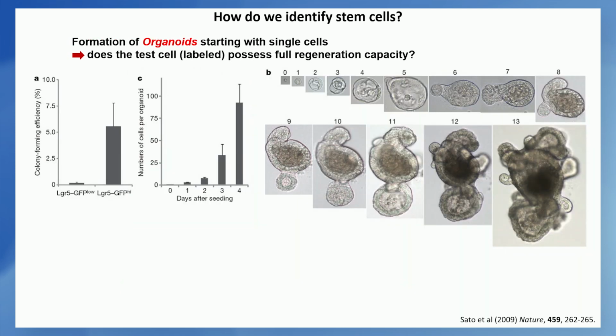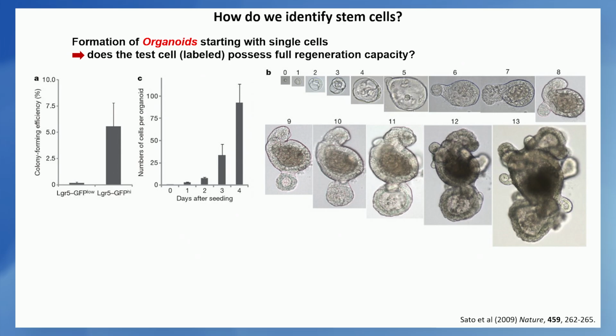Another possibility, since a few years, is ex vivo in the dish to produce so-called organoids. Stem cells as such are able to proliferate more or less endlessly, or for a long time. So if you take from the intestine LGR5 negative cells, sort them by flow cytometry, or enrich them, and take LGR5 positive cells, put them in culture, what you find is that those cells, only those expressing